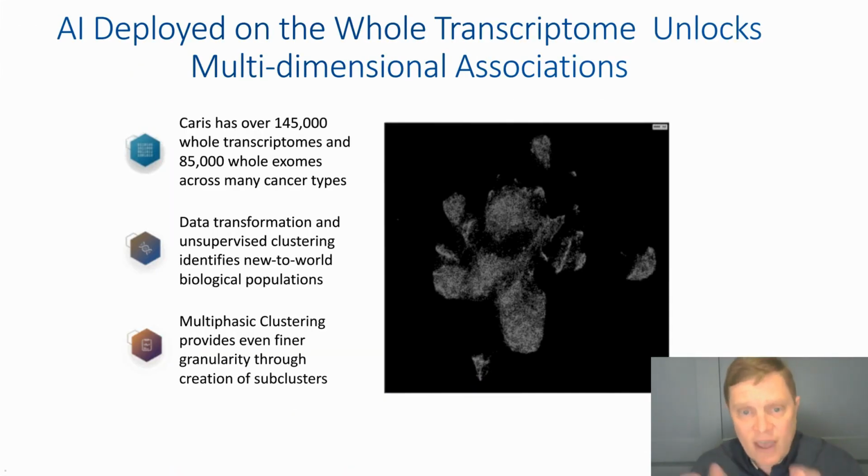And so I have access to this data set from Caris of over 145,000 whole transcriptomes. And with this, we can start to see patterns in the biology of cancer that allow us to start to refine and define disease in a new way. And so when we're dealing with these incredibly large data sets, it's all about